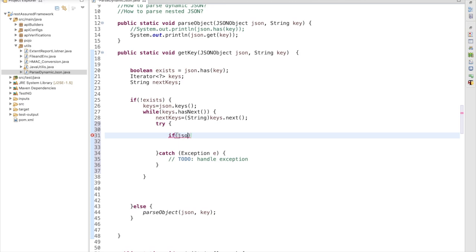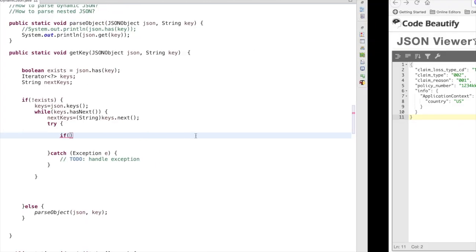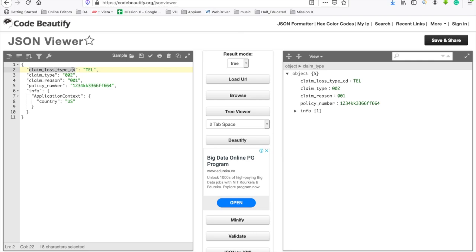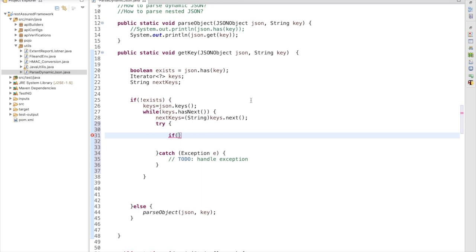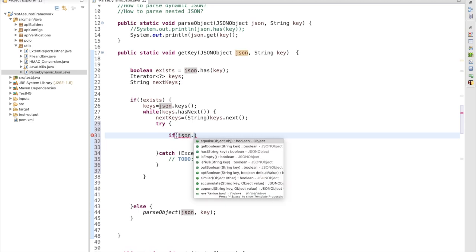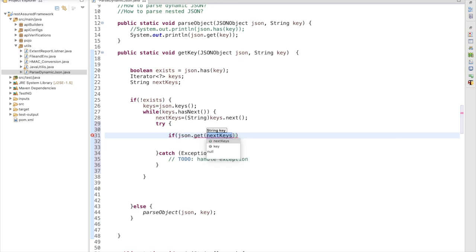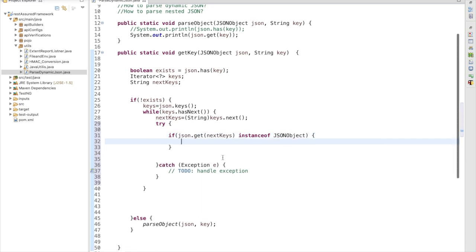JSON dot get next key. An important concept comes here. What I am going to do is check if this key consists of a value as a JSON object or JSON array. So I am going to write JSON dot get next key instance of JSON object, and I'll write some code here.